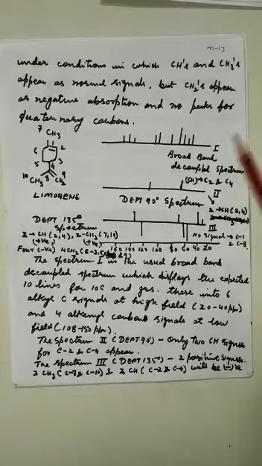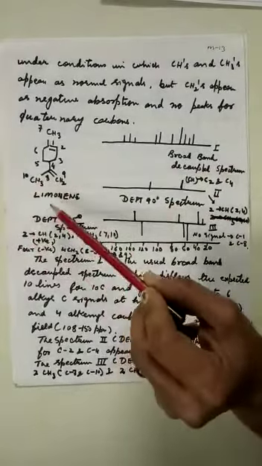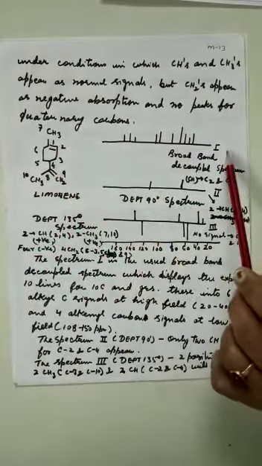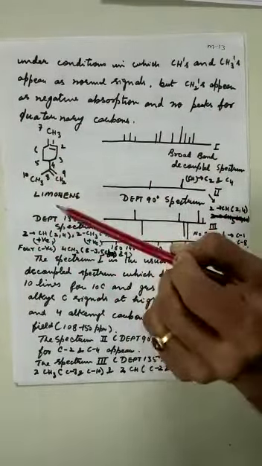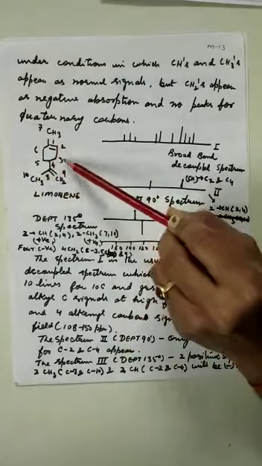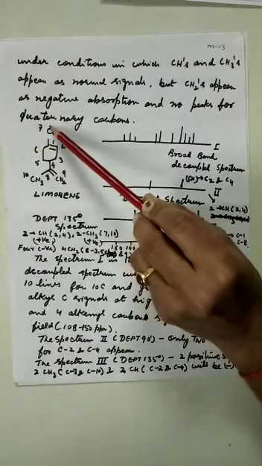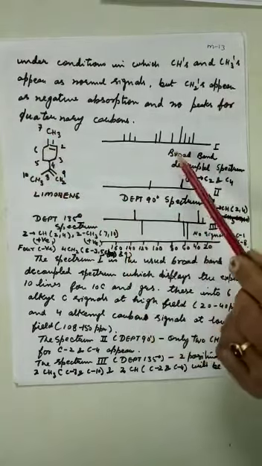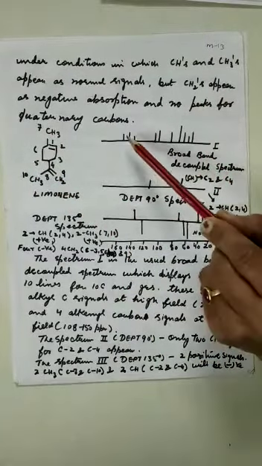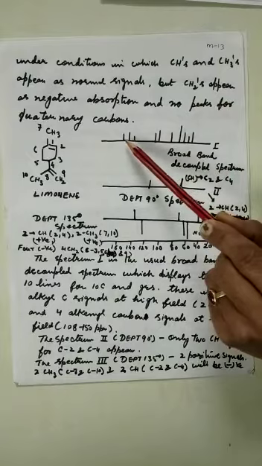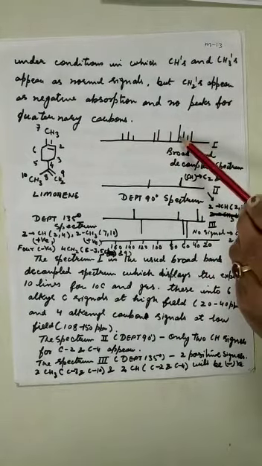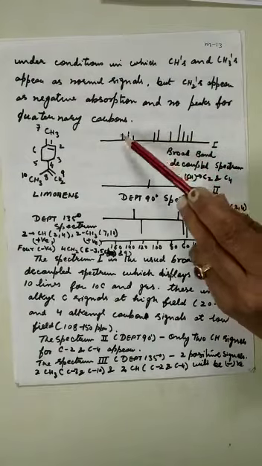So this will be clear from this example. This is limonene. You can see this structure. In this, how many carbons do you have in the first spectrum? 1, 2, 3, 4, 5, 6, 7, 8, 9 and 10. So you will have the broadband spectrum, and 10 signals will be observed in the first type of DEPT spectrum. 1, 2, 3, 4, 5, 6, 7, 8, 9, 10.